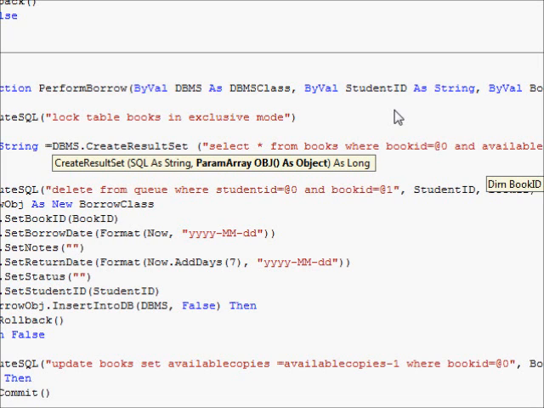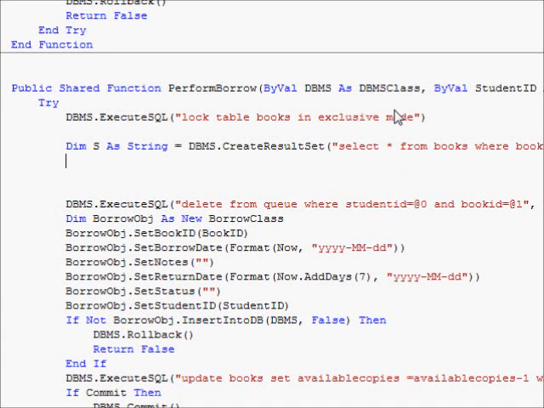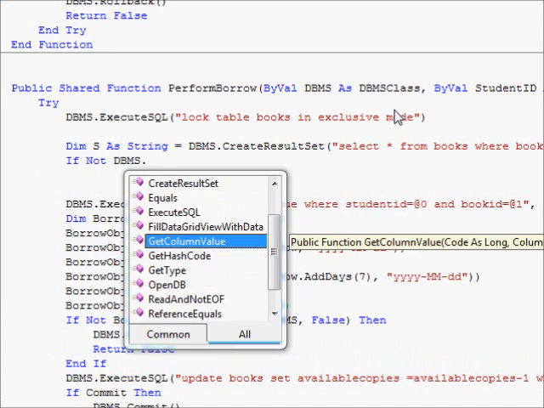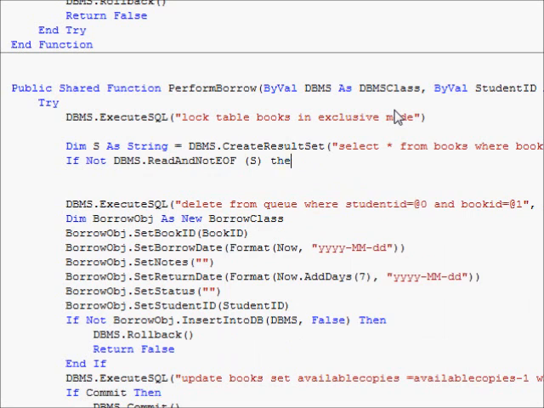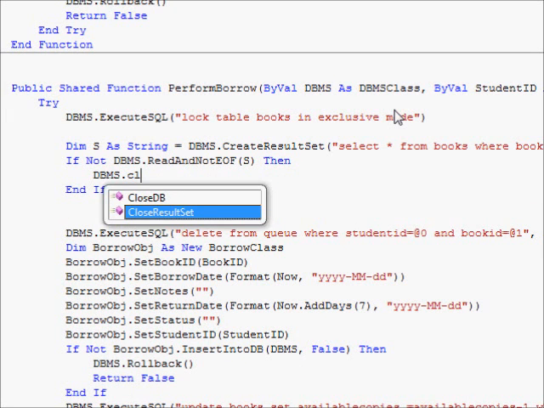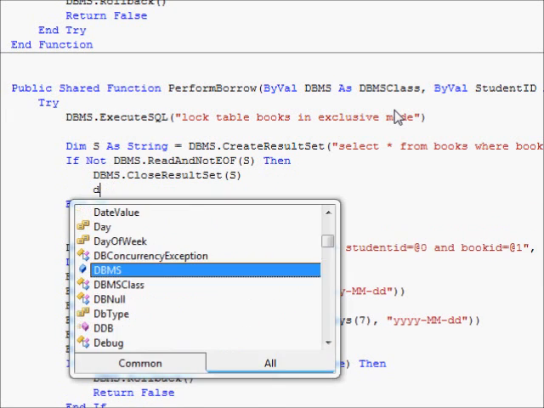So this is going to be book ID. That's it. If not dbms.Read and check another file as, then dbms.CloseResultSet